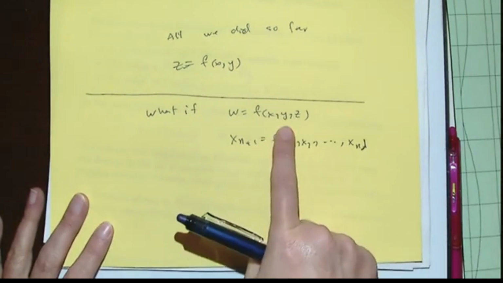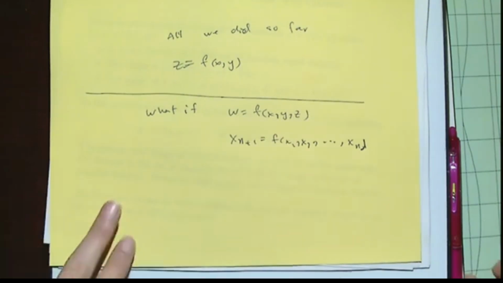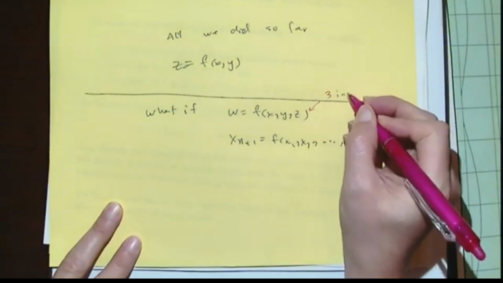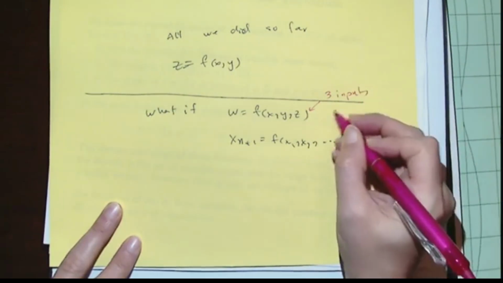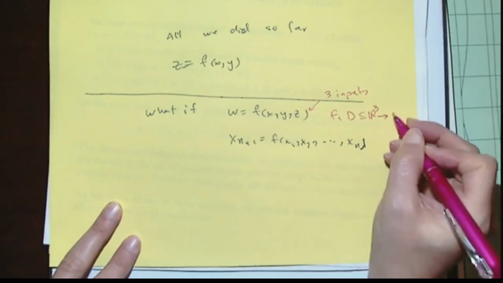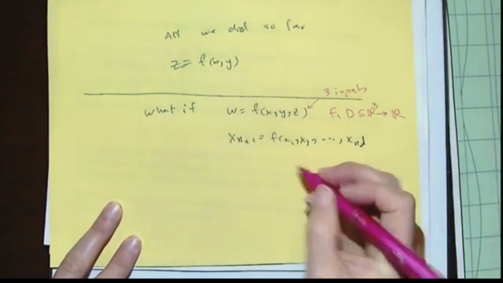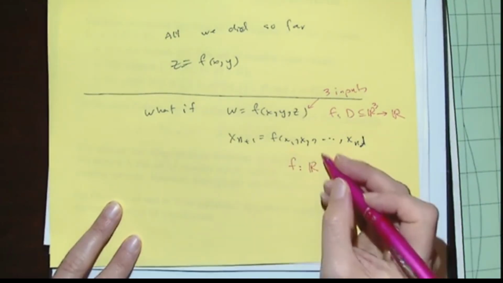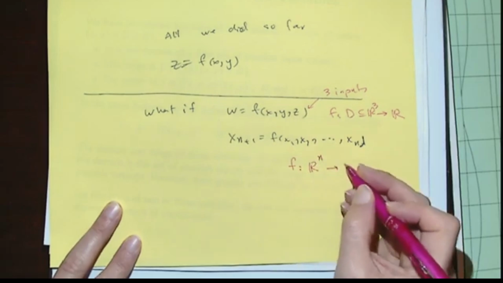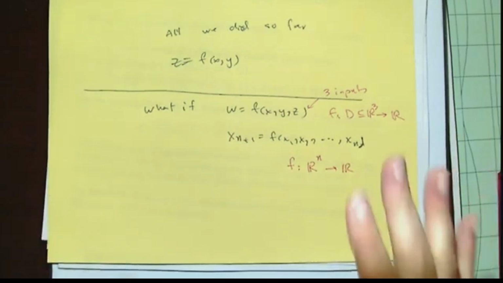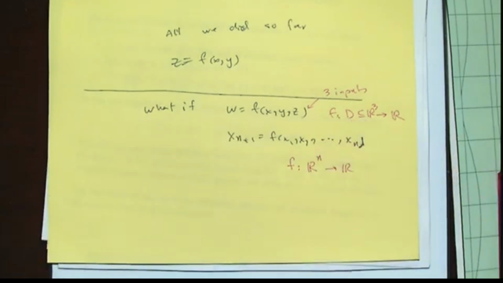How many inputs here? 3 inputs. So this is f from D subset of R3 to R. And this one is g, from R to the power n to R, n inputs. In these cases, again,